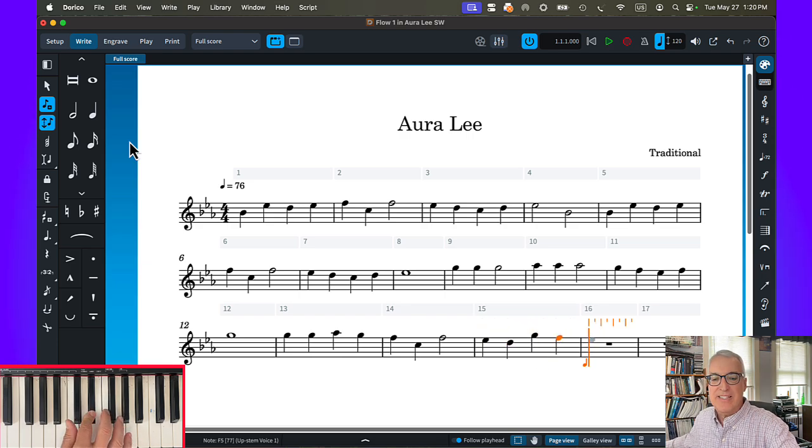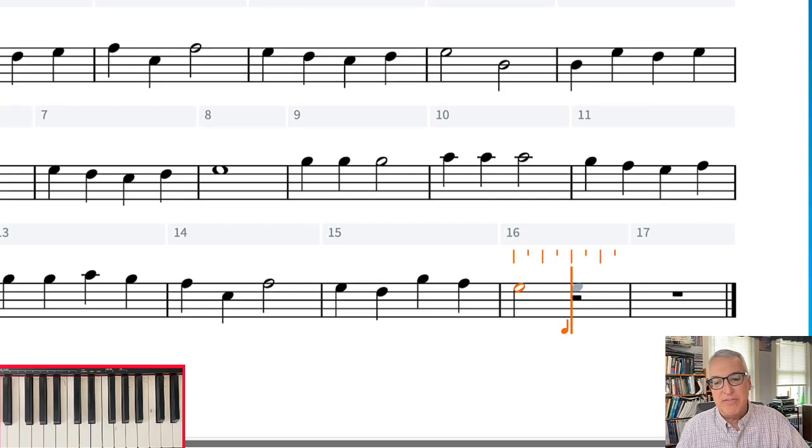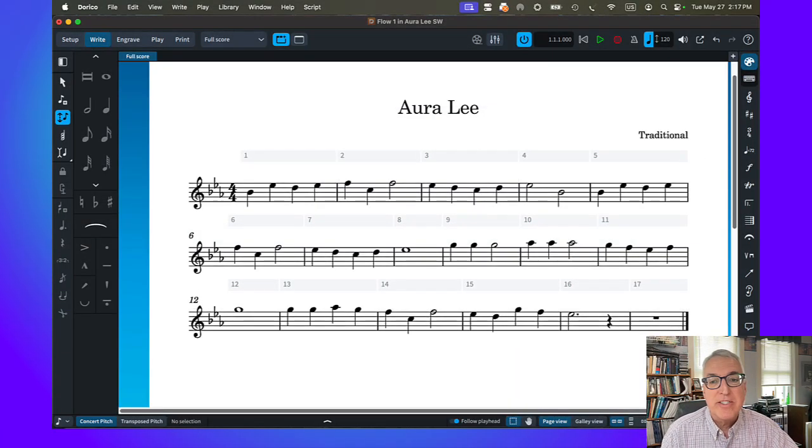Now watch when I play this half note. I want a dotted half. So right now I see just a normal half note. If I type the period, the dot is added. I do just want to pause here to say that the ability for me to put the dot in after